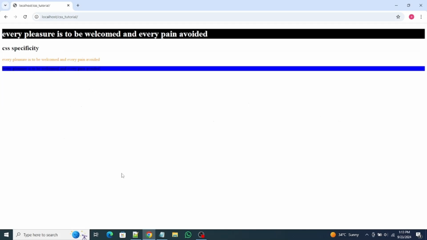The first rule is more specific than the other two and will therefore be applied. Contextual selectors are more specific than a single element selector. The embedded style sheet is closest to the element to be styled. So in this situation,